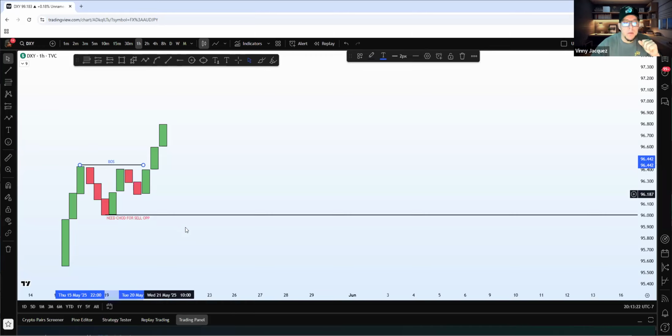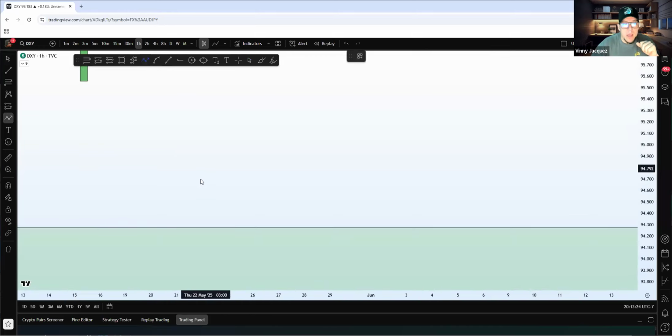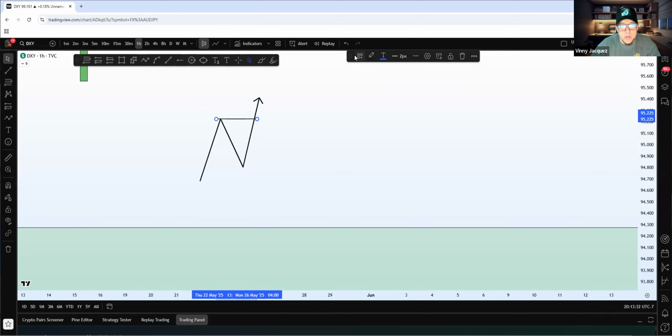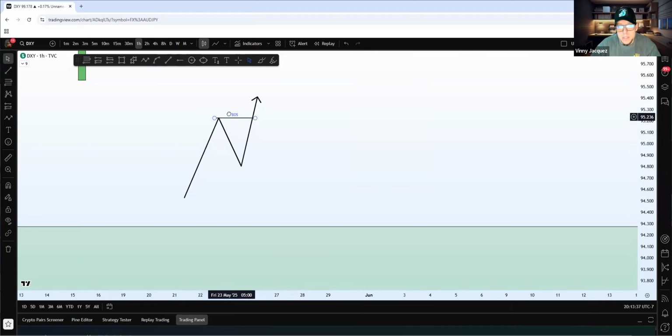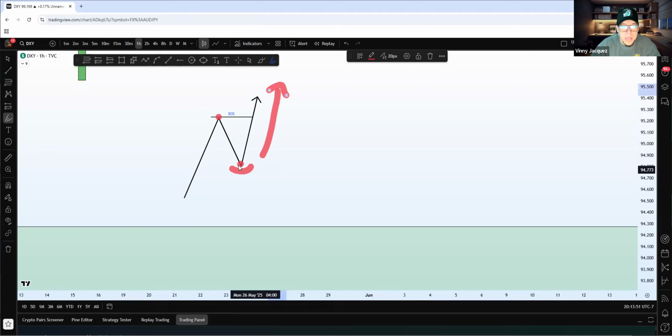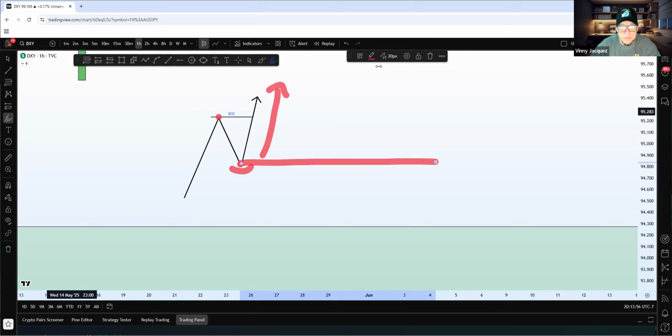Very, very important, right? So meaning, anytime I have a break of structure to the upside, I'm going to mark up this break of structure here for confirmation. But it's very important to know higher highs and higher lows, right? If this is my higher high, and this is my higher low, and this low here made me new highs, I need to mark this up as my change of direction. Does that make sense, George?